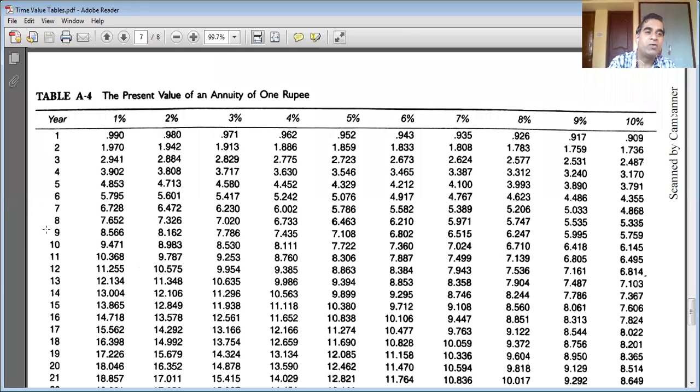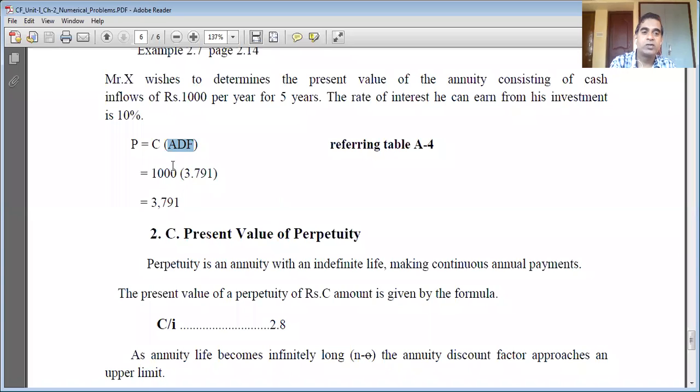So table A4, fifth year row, 10% interest column. So it is here, 3.791. Students, I hope you can see the cursor. Fifth year row, 10% interest column, the value is 3.791, which you are going to fill in the equation. That's it. So 1000 into ADF, the annuity discount factor from table A4, is 3.791. So when we multiply, we get the amount